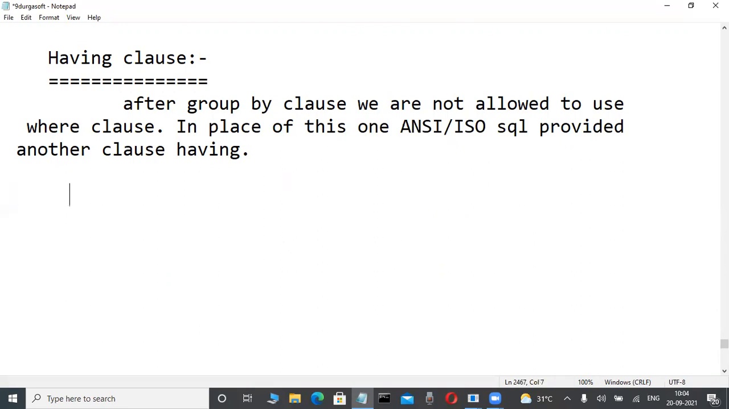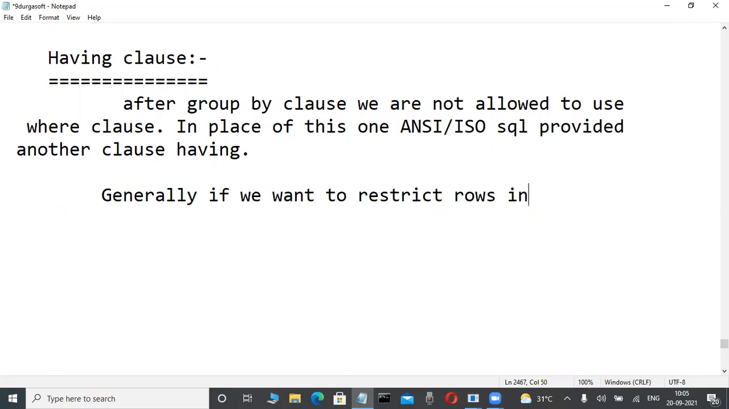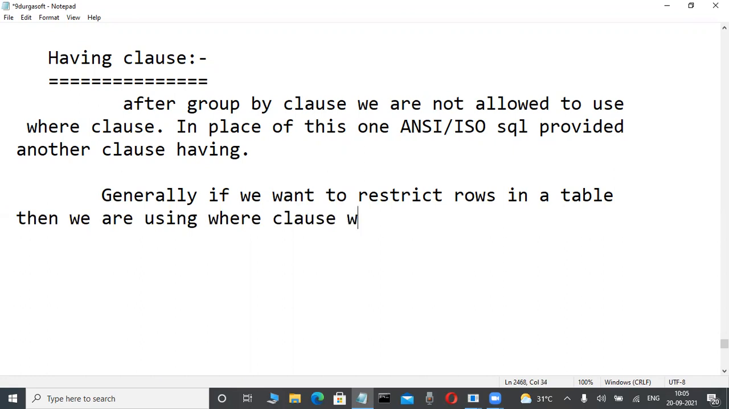Now write this down, next para. Generally, if you want to restrict rows in a table, then we use the WHERE clause, whereas if you want to restrict groups,